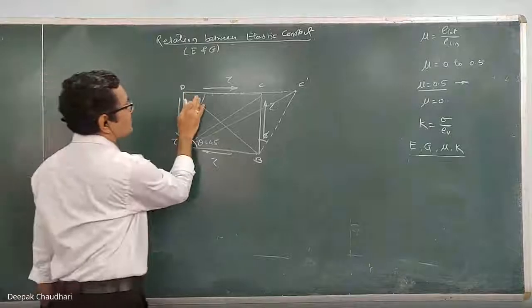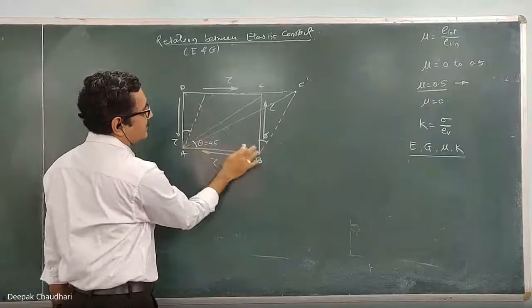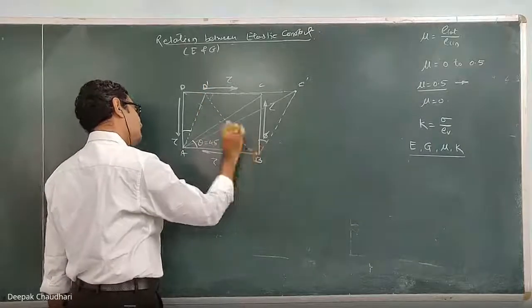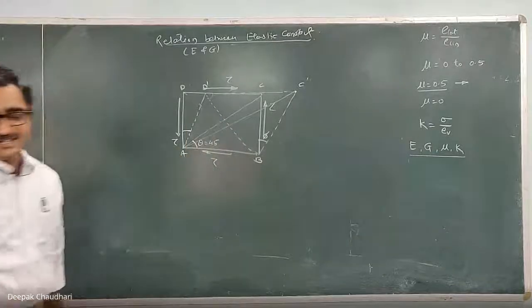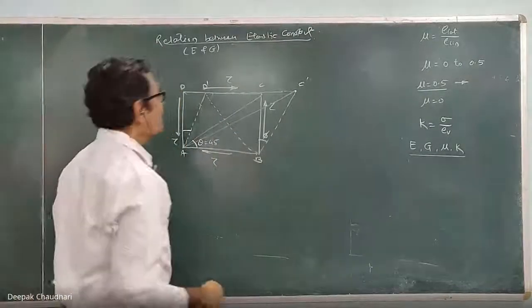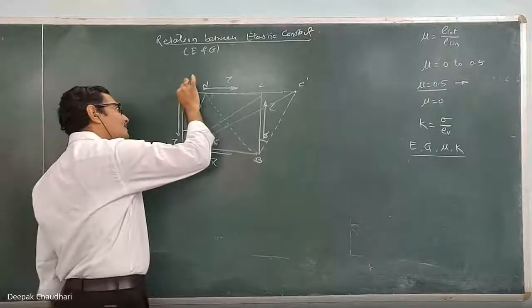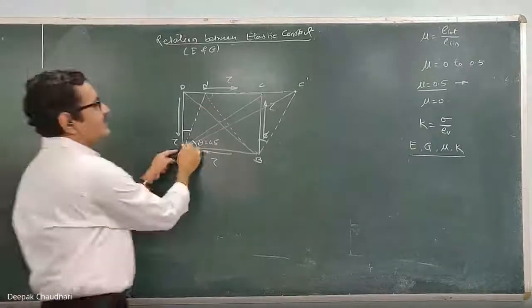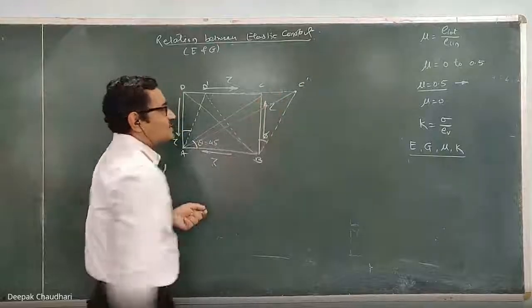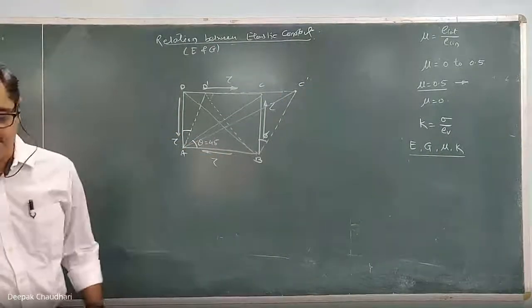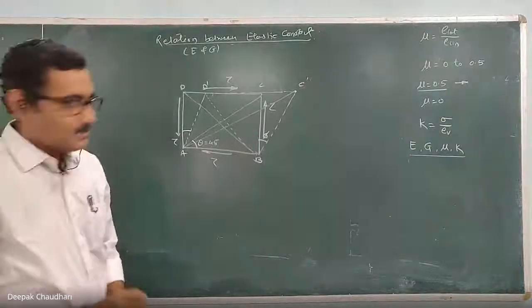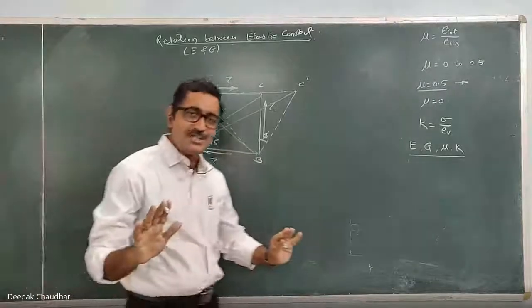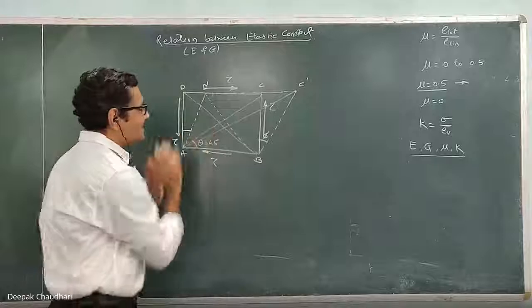Understood? Instead of showing this, I will show its distorted position. This is D dash, and this is the distorted position. Let's consider this diagonal. This is the original position and this is the distorted position. AC is the original position and AC dash is the distorted position because of that shear force or shear stress. Now you have understood complementary shear and why the material gets distorted. So let's consider this diagonal here.